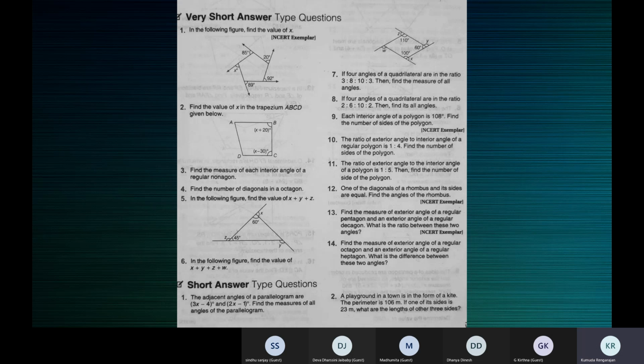Yes, children, we'll try to solve these questions. We'll start with the first one. I've already shared the material with you on WhatsApp. So just work the answer so that we can try as many as possible. Let's not spend time writing the question. You have it with you. Work the first answer, children.